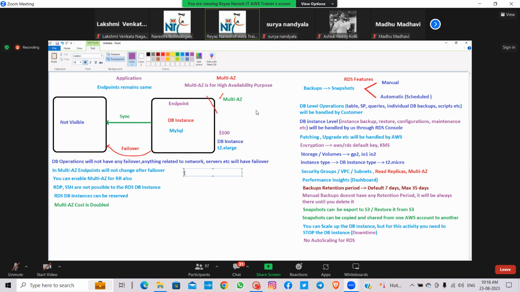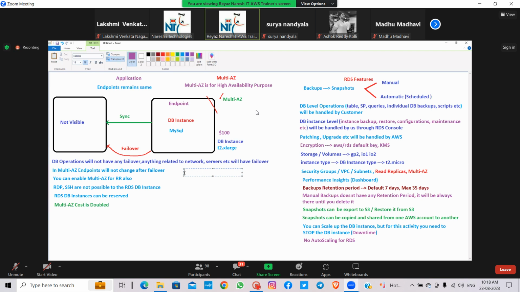So at that time you need to go to RDS, modify it, and increase 100 GB to 200 GB. For that you need downtime. Instead, when setting up the DB instance, you can put a maximum value for your storage.